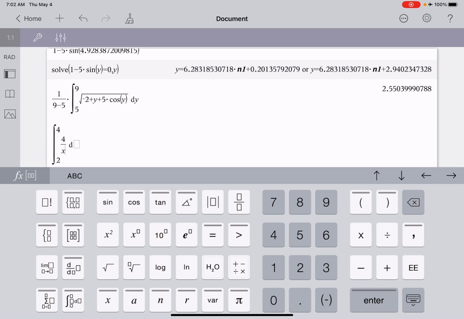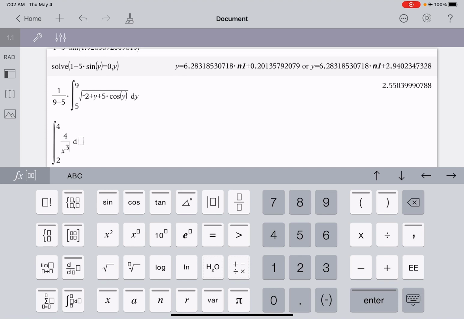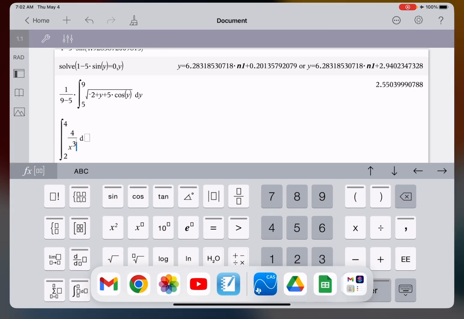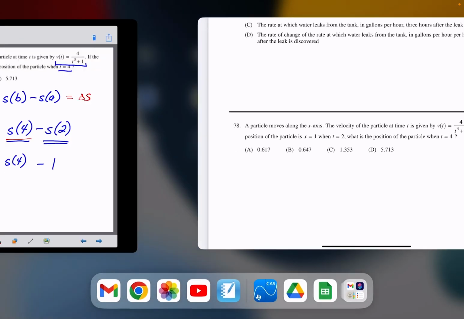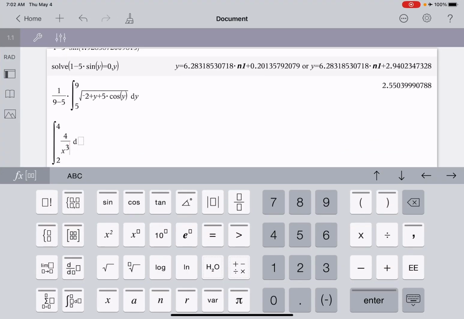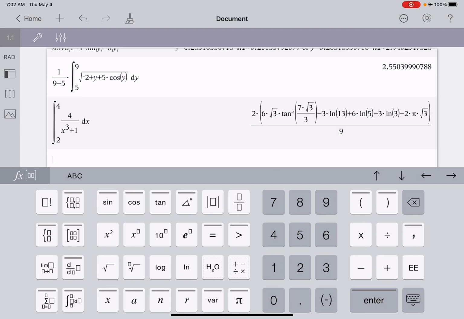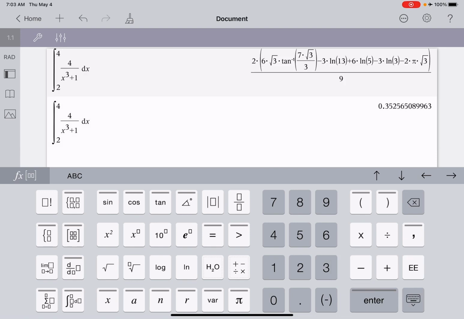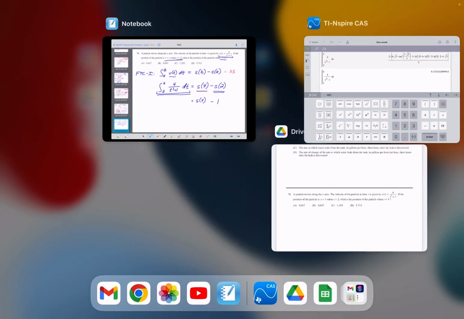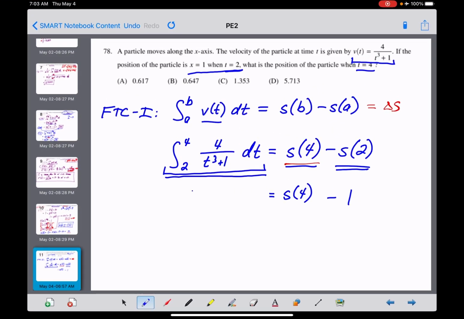All right, I'm just going to do an x. That'll be a little bit faster. So an x cubed, oh shoot, was it plus 1? Yes, it was. All right, so x cubed plus 1, gotcha, and we'll run that whole integral with respect to x, gotcha, and we'll hit enter right here. That's not what I wanted, so let me get the approximate answer as a decimal. All right, and we've got 0.353 if we were going to round that to 3 decimal places here,